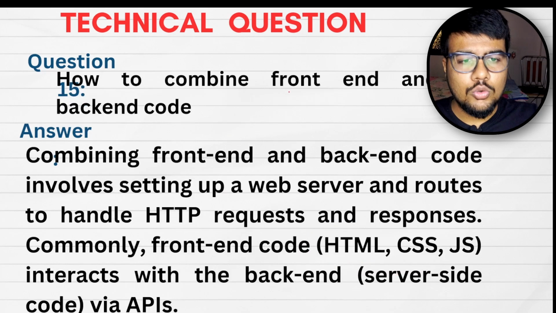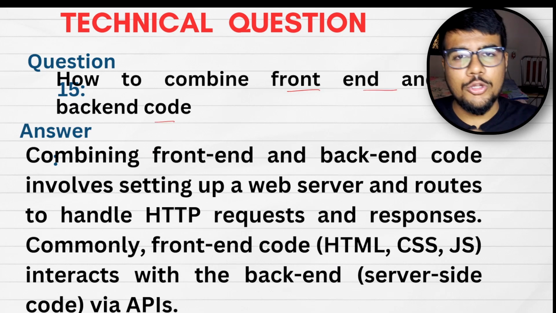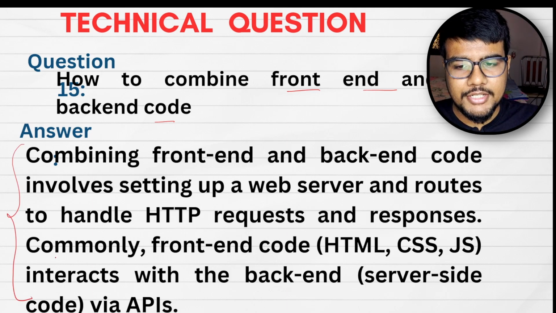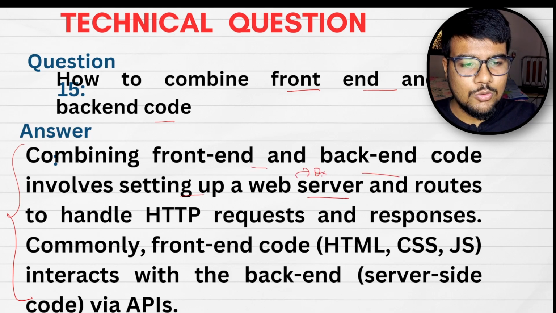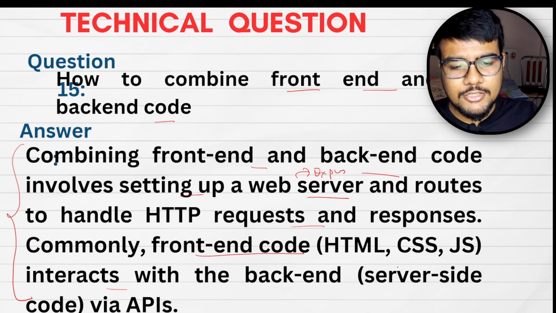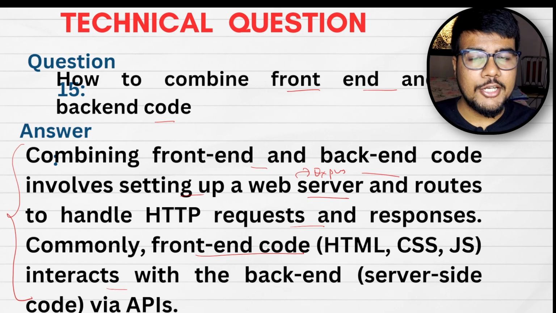Great. Now, how to combine front-end and back-end code? There can be multiple approaches to club it. As per your experience, you can tell the answer, but the basic explanation I have written here: combining front-end and back-end code involves setting up a web server. Basically, people use web servers such as Express.js and routes to handle HTTP requests and responses. Commonly, front-end code, HTML, CSS, or JS, interacts with the backend server using an API. So this is a very generic definition, but if you have good experience or you have created a project in which you are combining front end and back end, then please tell that approach,